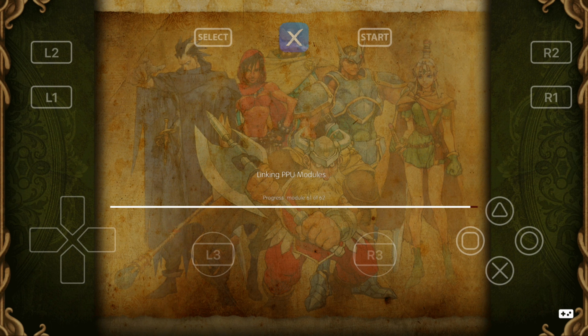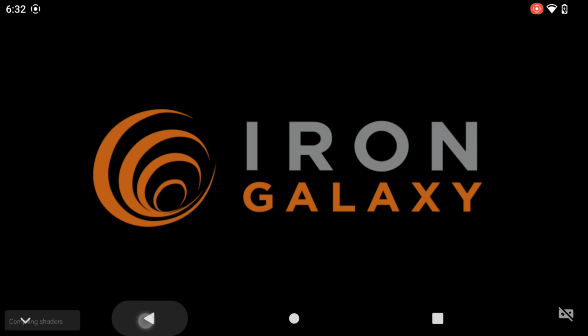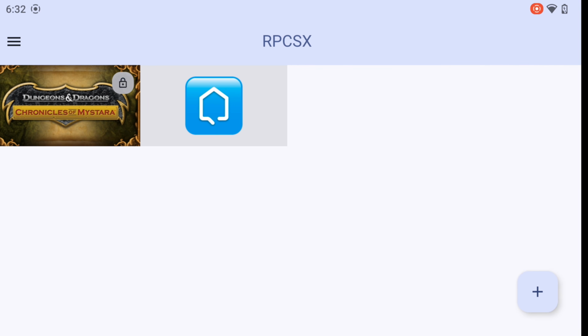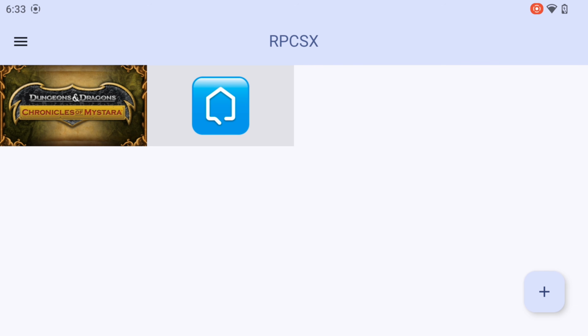But let's go back and take care of that pesky lock on the icon, which tells us that this does not have an associated license loaded into RPCSX. So if you tap on the lock, you will again be taken to a new window so that you can select a corresponding license file for the game. Now this is usually in an RAP or EDAT format, and for this game it happens to be in an EDAT format. Select the file, and now you'll notice that the lock is gone and the game is the full